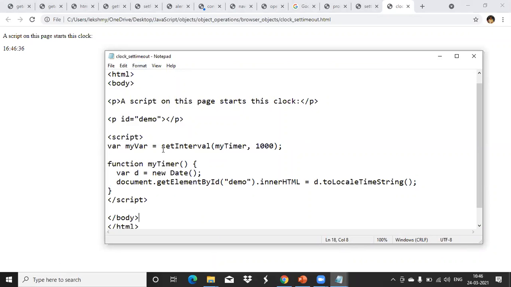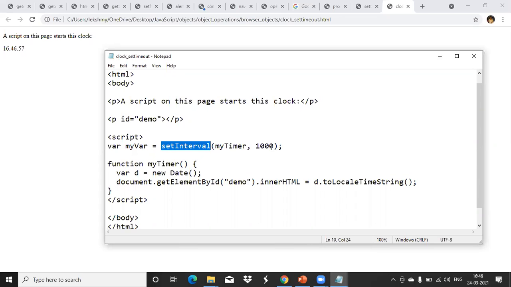For that we have this setInterval function for your browser object. That function you can use. And if you want to give the time interval, you give it in the form of milliseconds. So 1000 milliseconds is equal to 1 second. According to that, you can give the values.